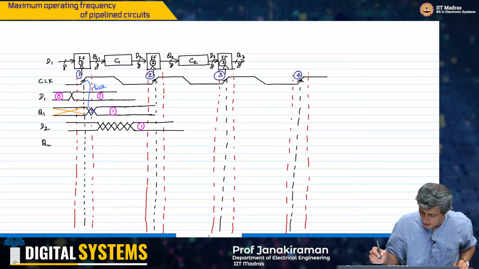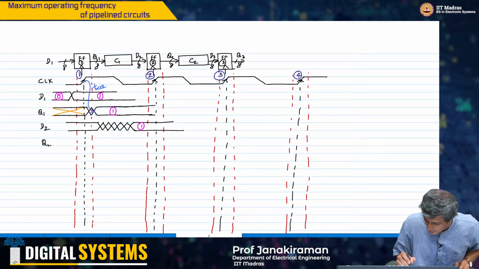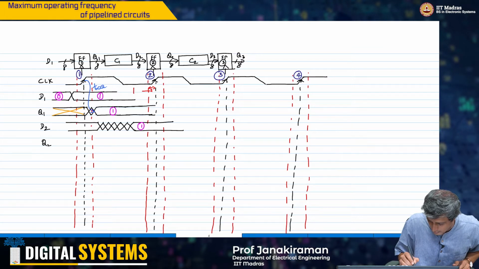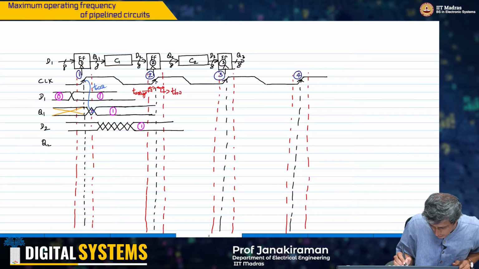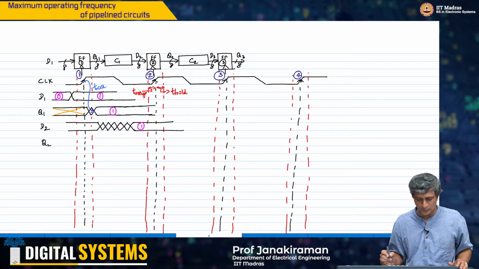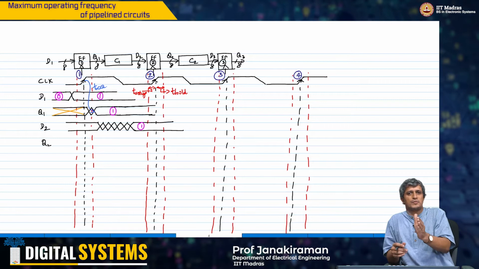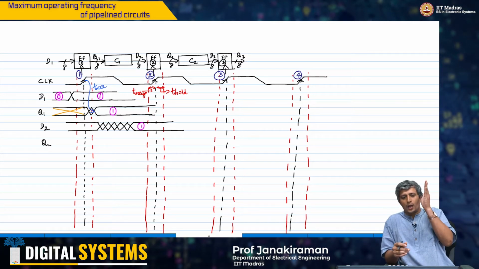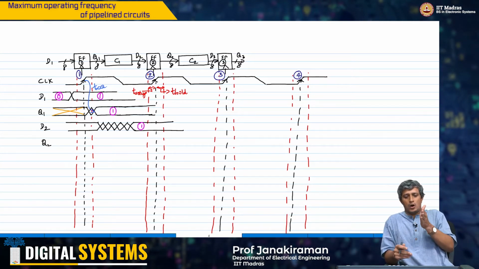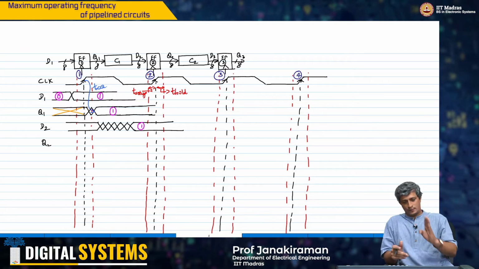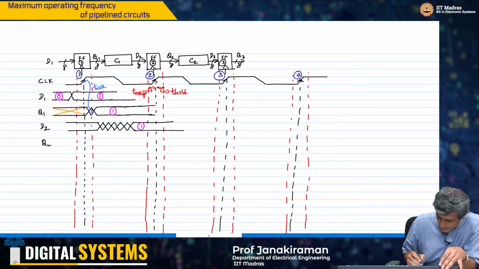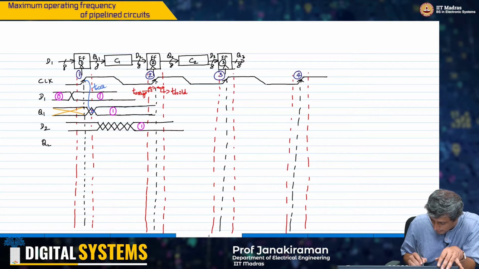Remember that this one is the setup and this one is the hold. So D2 must have all its changes settled before the setup time of the second clock edge. And once that is done, you will see that